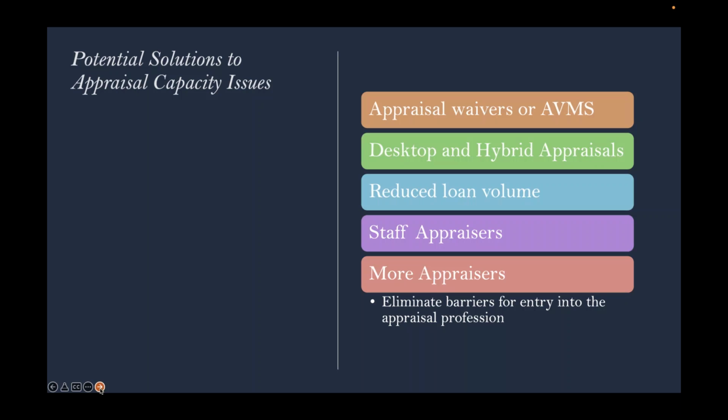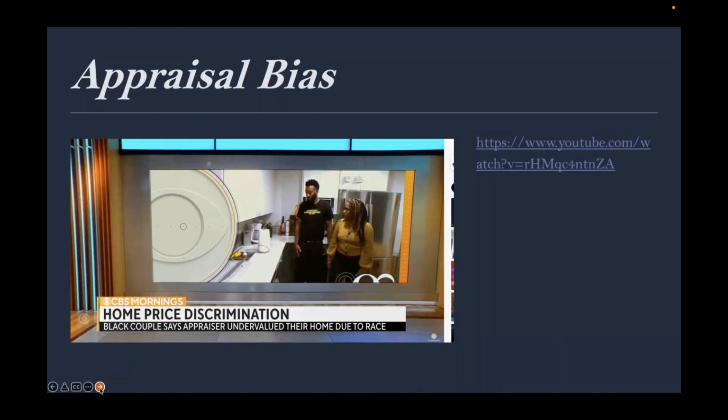That is about to come to a grinding halt. I don't think the appraisal profession is going to have the same kind of control that they've had before, and that is simply because of the issue of appraisal bias. There have been numerous reports, many reports out there of appraisal bias. I think the first media piece was a couple of years ago in the New York Times. And a lot of the examples, similar to the picture here, this is CBS Mornings, are cases where